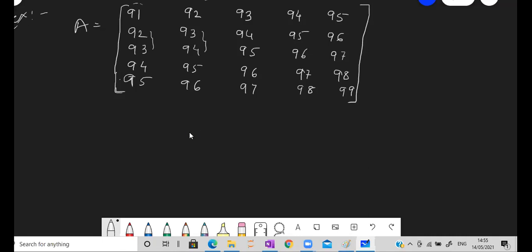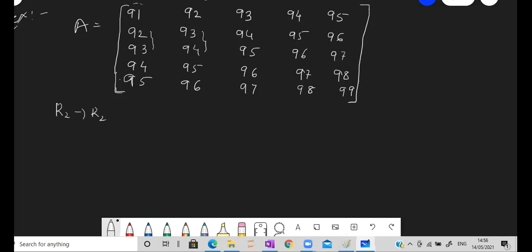And one more thing. I have told you whether we have to reduce the below row to 0 with the help of the above row, or the above rows to 0 with the help of the below row. Help should be taken from the above row to reduce the below rows, not the reverse. So what I will do, I'll reduce this second row with the help of the first row. I cannot take the below row's help.